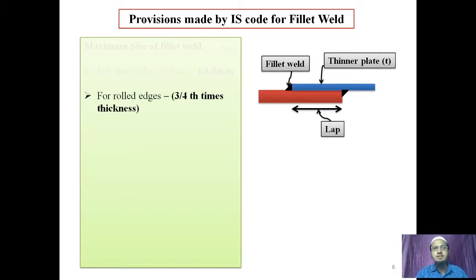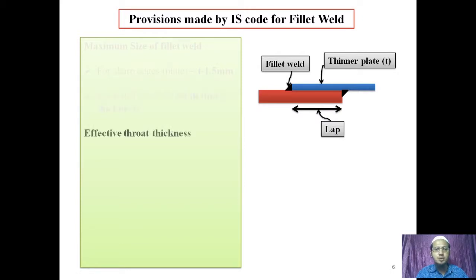And for a rolled steel section, suppose we have to connect an angle section ISA 100 by 100 by 10 to a gusset plate of 12 mm thickness. What should be the maximum size of weld? Yes, it is 3/4 the thickness of the rolled section, that is 3/4 into 10, or 7.5 mm. That is the maximum size, or we can go for 7 or 6 mm. The actual provided size of weld should be between the maximum and minimum values provided by the IS code.